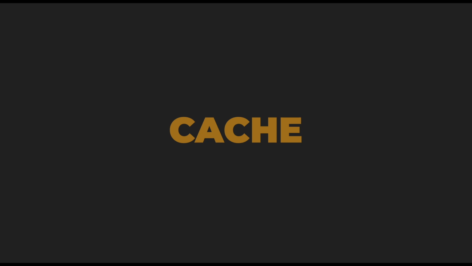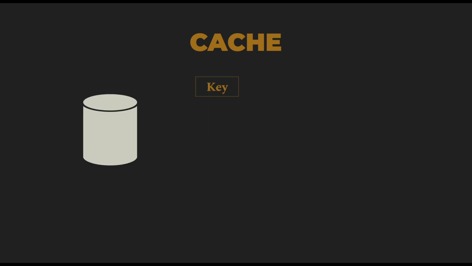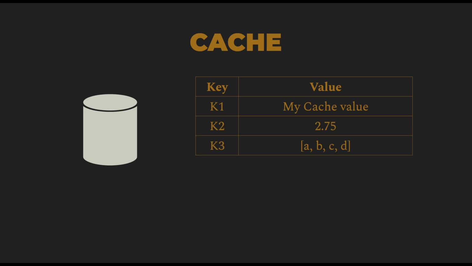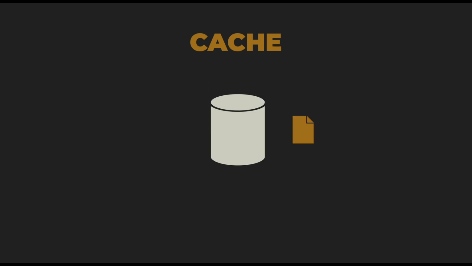Now, before we head into caching in HTTP, let's look at what a cache is in the first place. A cache is a special type of database that is specifically optimized for short-term data and quick access data. Caches are usually implemented as key-value pairs. A key is usually a unique string that identifies a value. The values can be strings or bytes or numbers or even in some cases objects. When a program, in this case a proxy, looks for some data, if the data is found, it's called a cache hit, and if it's not found, it's called a cache miss.